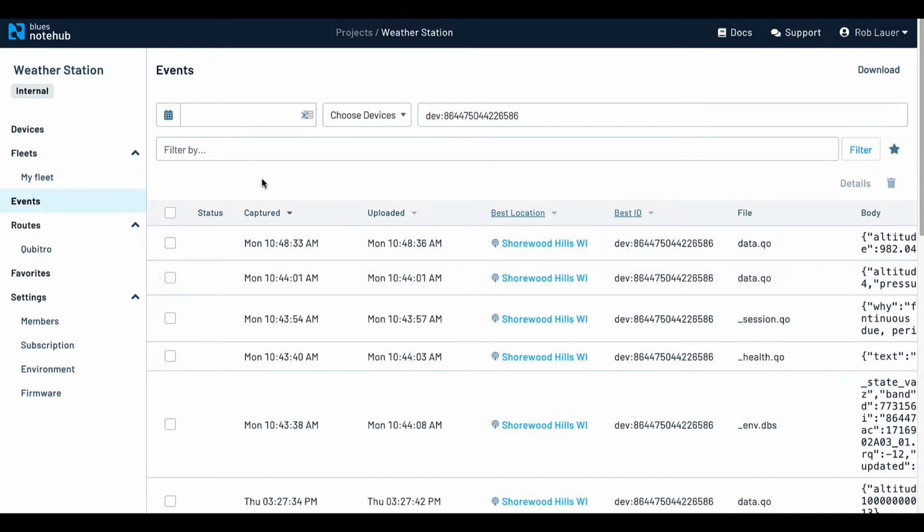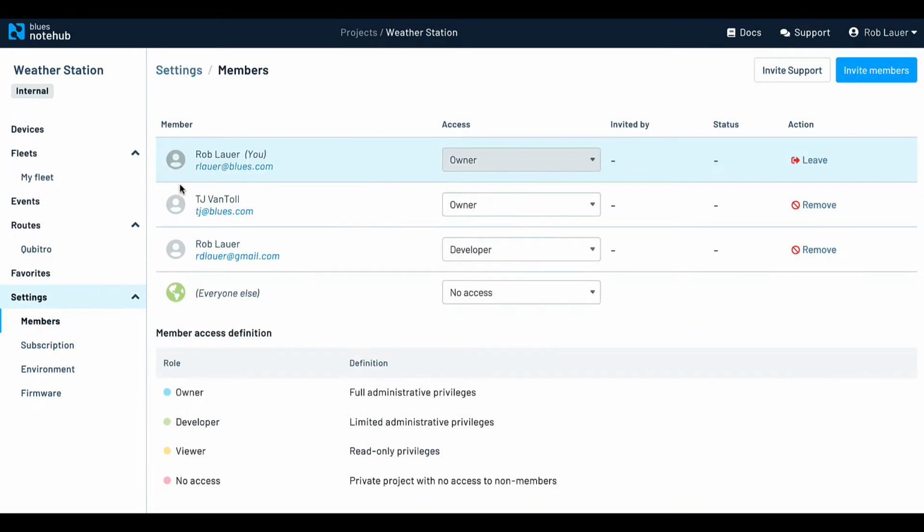Now, of course, routes are arguably the most powerful feature of Notehub, but I want to save that for TJ's demo. So I'm going to skip over to settings quick, just because I want to show, first of all, kind of this table stakes. This is nothing mind-blowing here, but there is the capability of adding one or more members to a project. So you may want to collaborate with one or more folks, so we can add them as project owners or developers or just viewers. So there's role-based privileges involved with our member allocation here.